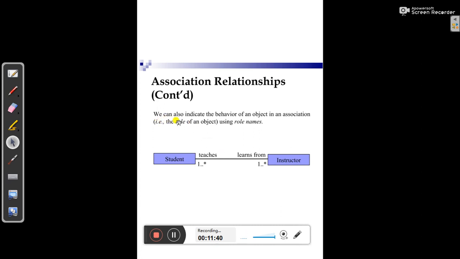Again, we can also indicate the behavior of an object in an association using role names. We can give the names of the roles. A student learns from one or more instructors. Again, an instructor teaches one or more students. That is the role name. We can also indicate the behavior of an object. The behavior of an object can be named using the role names in that association